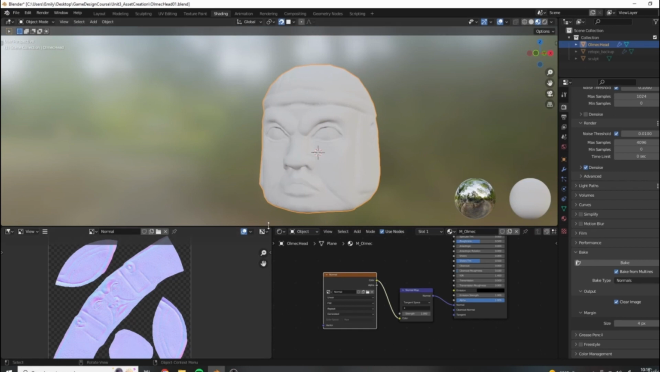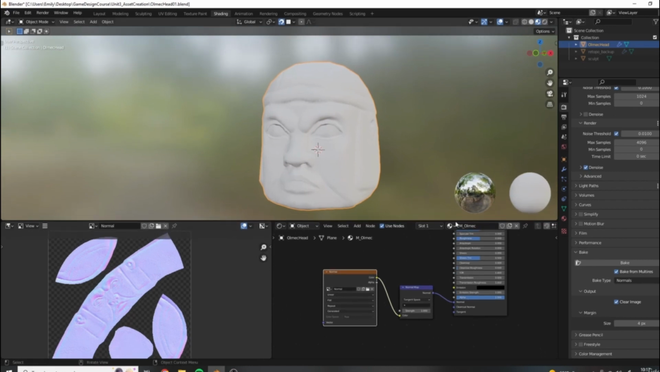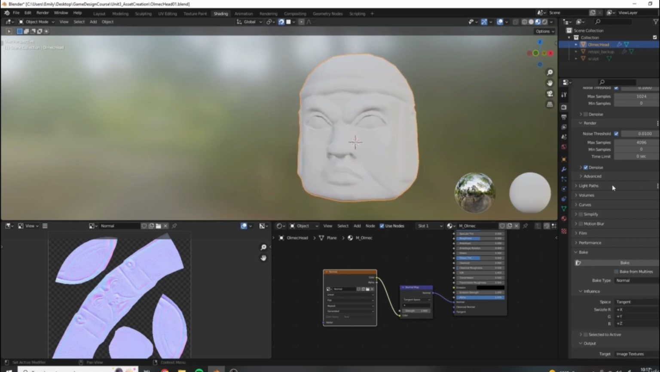So the first thing you'll notice when you go to bake your ambient occlusion is that when you come in here to bake type, you'll see that we only have normals and displacement here. We don't have an option for ambient occlusion. Now, this is because we are using the bake from multi-res. This is simply just a limitation of Blender. You cannot use a multi-res modifier to bake ambient occlusion from your object basically to a lower resolution version of it. So we need to uncheck this, and that will give us all of our bake types back here,